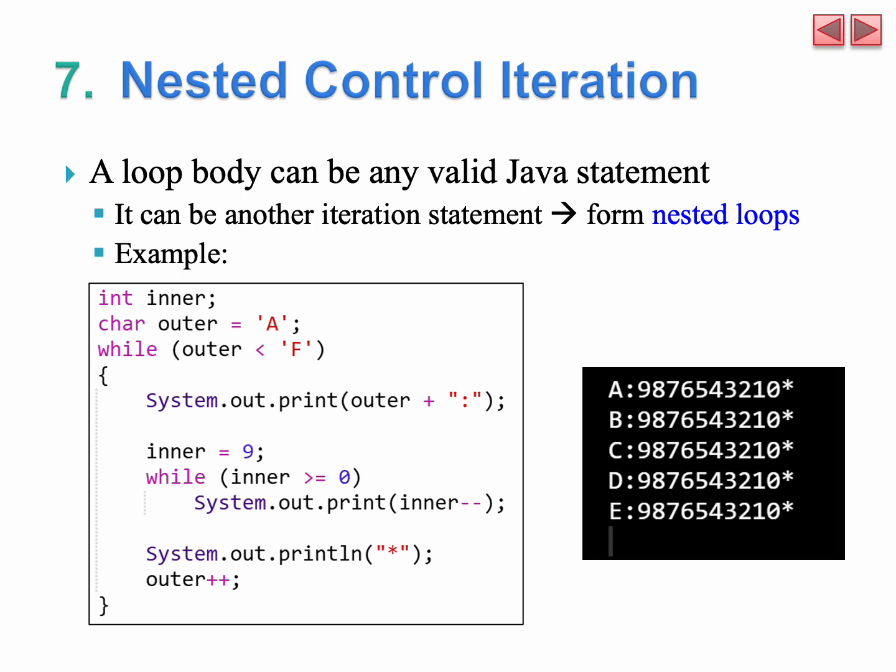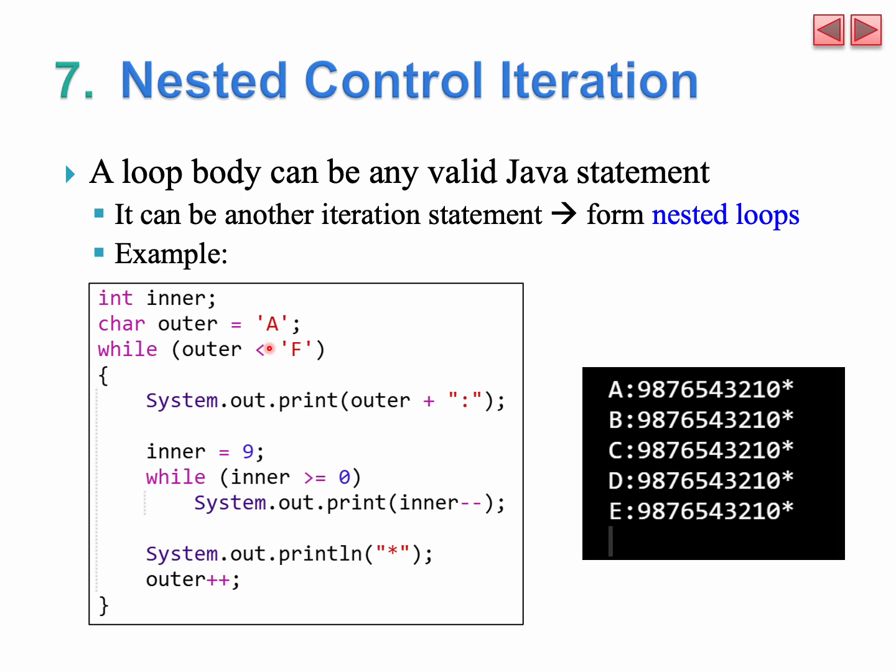Recall that the loop body of an iteration statement can be any valid Java statement. So it can be another iteration statement, in which case they form nested loops. As a simple example, consider the following Java code fragment which has nested loops. The outer loop iterates through characters from A to E